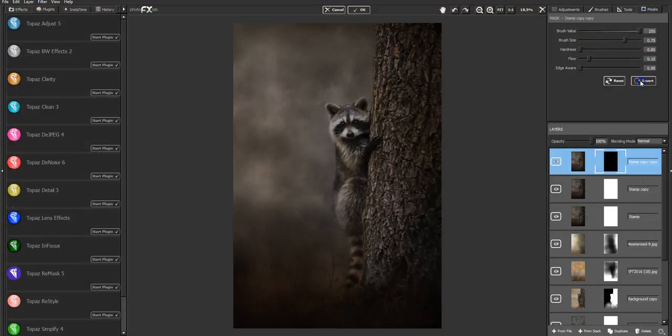Alright, invert. Now it took it away. So I have the brush value all the way to the right, which is going to put it back on. I have the flow down really low, and I'm going with a smaller brush size. I'm just going to bring some of this back, the clarity adjustment back on him,